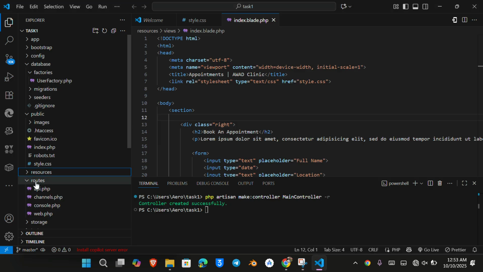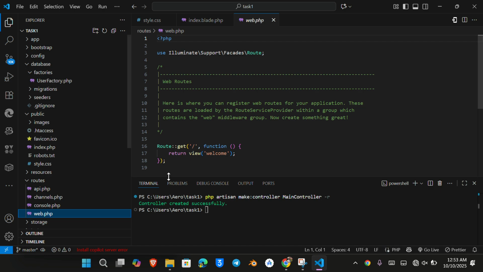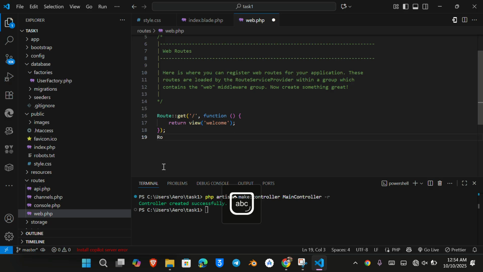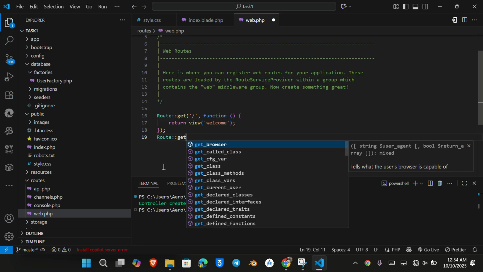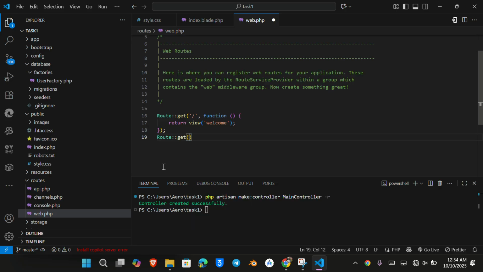Then the next step is adding routes into the web.php file. So let us minimize resources and come to web.php. We are going to create a route for us to access our index.blade.php file. So this is how the command goes: Route::get, index,